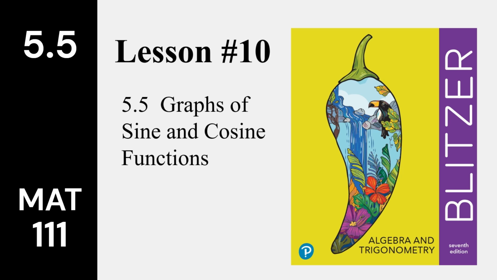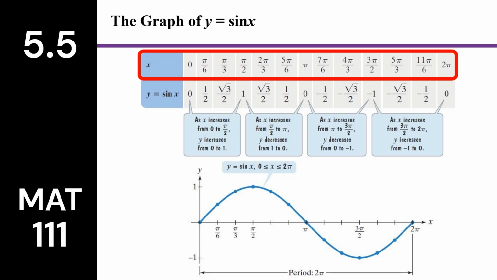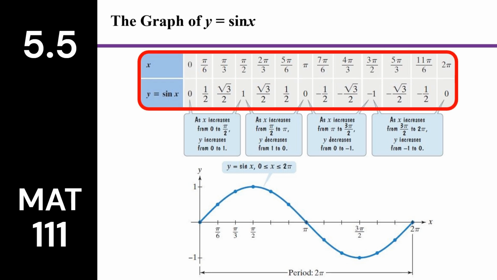Section 5.5, Graphs of Sine and Cosine Functions. We're going to be looking at the graph of y equals the sine of x. Here are some of the angles that we have found the sine value in the past, and here's the sine values that we obtained. To make our graph, we're going to be interested in what we call the 5 key